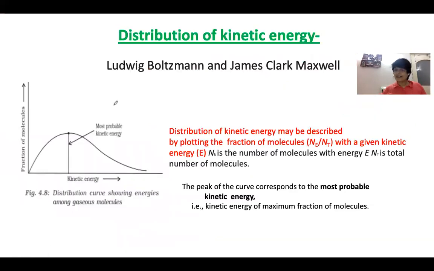Now next, when molecules start colliding with each other, how exactly does kinetic energy vary? That is given by Maxwell. This graph you should have information about. This is a very general trend. The x-axis shows kinetic energy, and the y-axis shows the fraction of molecules present in a container. You'll find the number of molecules with less energy is less, and with more energy is also less. The maximum number of molecules have a particular amount of energy, which is reported as the most probable kinetic energy. Right? So this is clear.